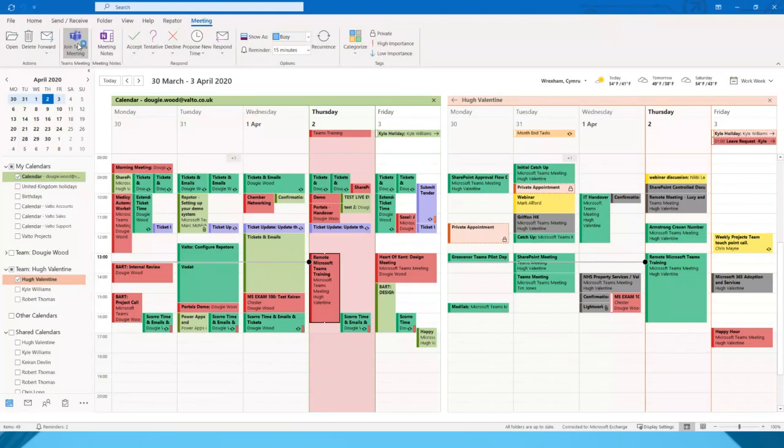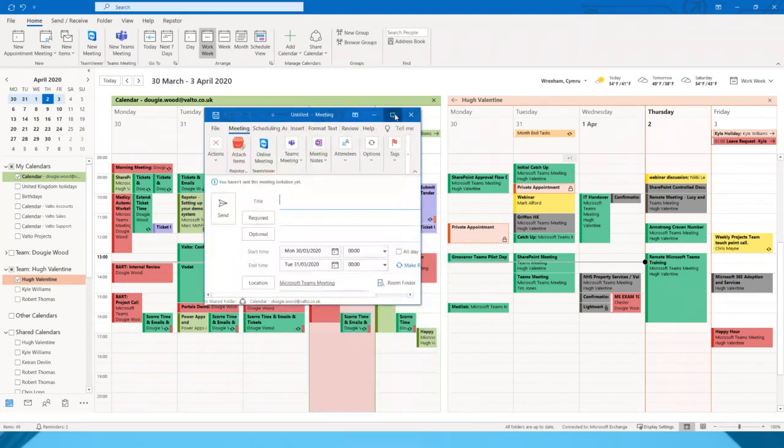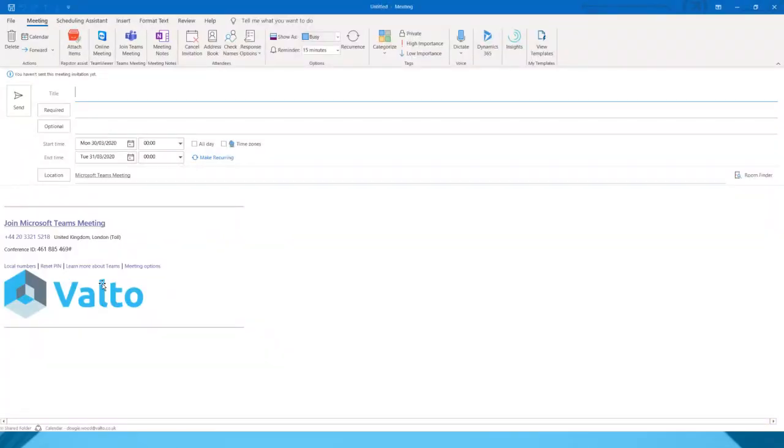So you can see here, I can click on this Join Teams Meeting. Oh, I can select, oops, wrong button, and click on New Teams Meeting. And what that will do is create a new event for me. And I can see that it's generated a hyperlink, and because I've got an additional licensing package, I've also got a conference phone number that people can dial in with. So if they didn't want to join fully through an app, they can just join via a phone call. But now I could send this to anyone in the world, and then this hyperlink would basically, when they